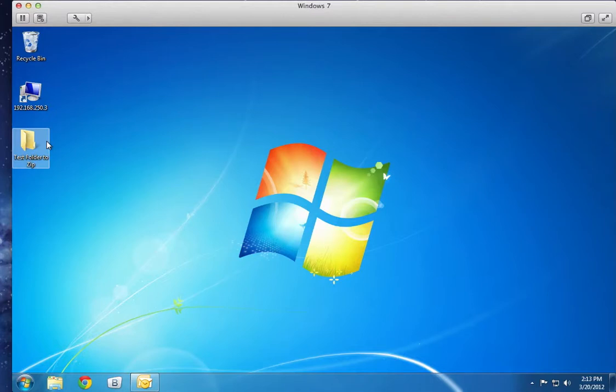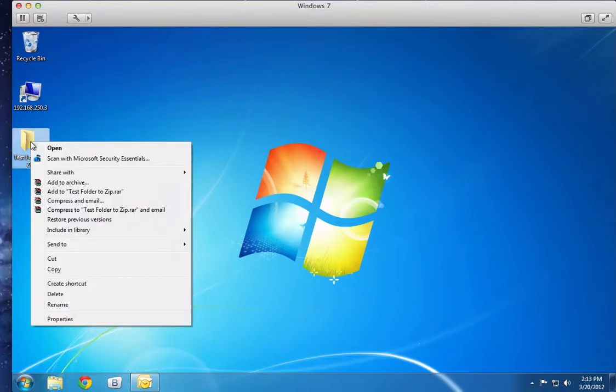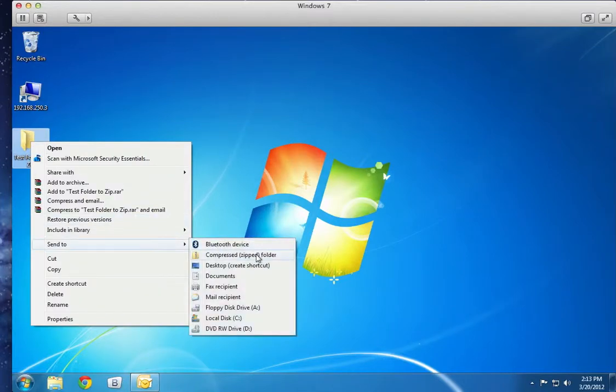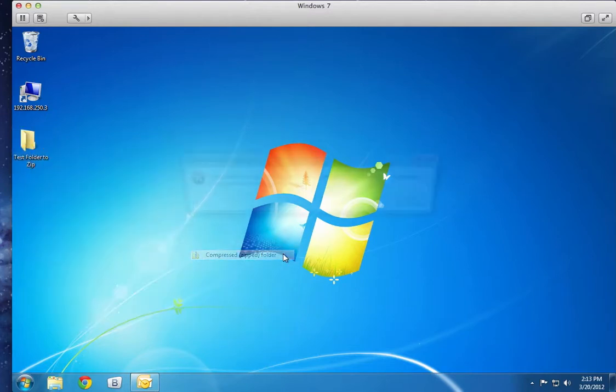Zipping also compresses things so they get smaller in file size. Some things are already compressed, so photos for example, they tend not to really reduce in size because they're already quite compressed. But zipping is very easy. It's built into Windows XP and any since, and you simply right click on the thing you'd like to zip and you choose send to compressed folder. So I've highlighted it here on the screen. When I do the left click,